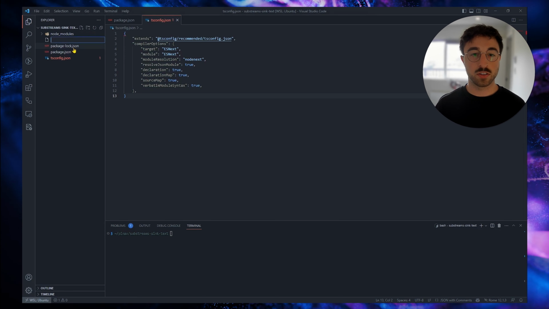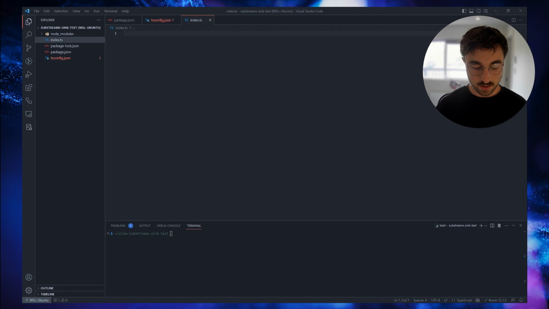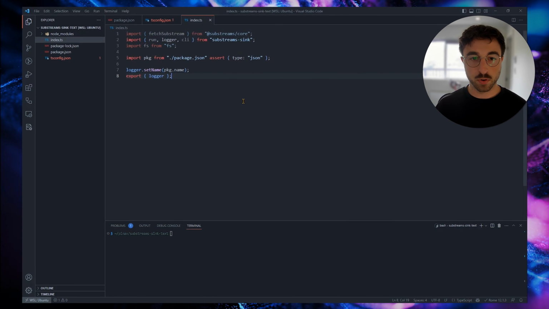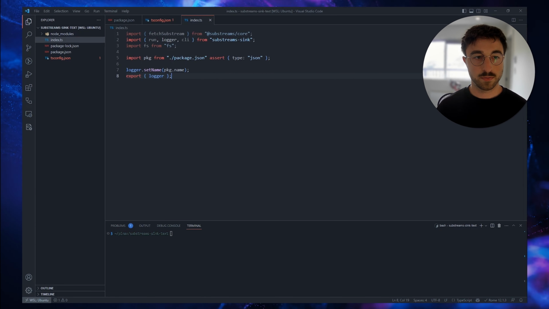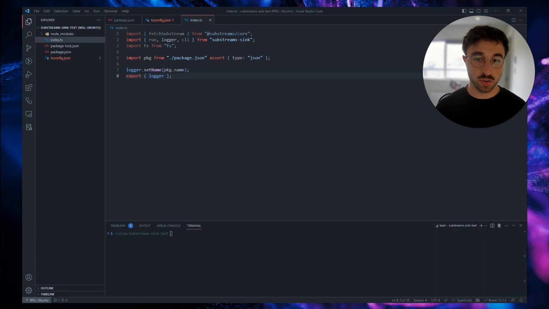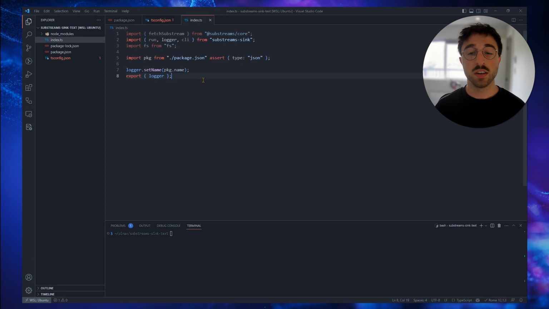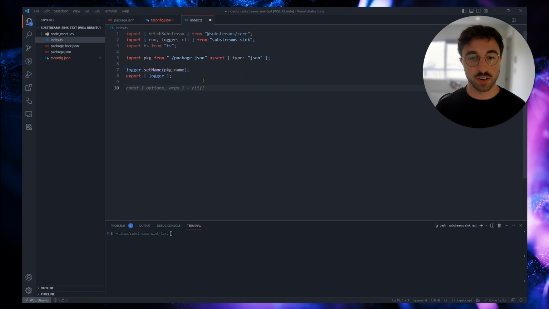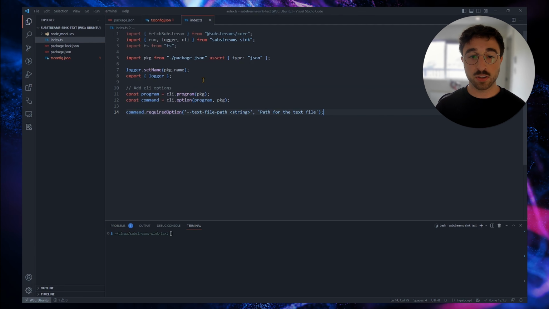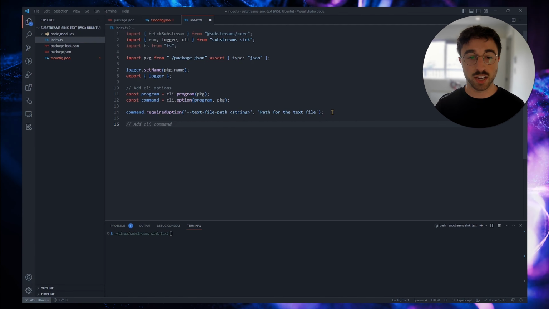And now we can finally start coding our sync. So we will add an index.ts file and start with some imports. I'll explain all the imported objects and functions as we go over the code. And for this example, we also need to do some setup since we want to use the logger provided in the Substream Sync library. Now we need to initialize a program for the sync and add to the run command the option to specify the path of the text file that our sync will create.